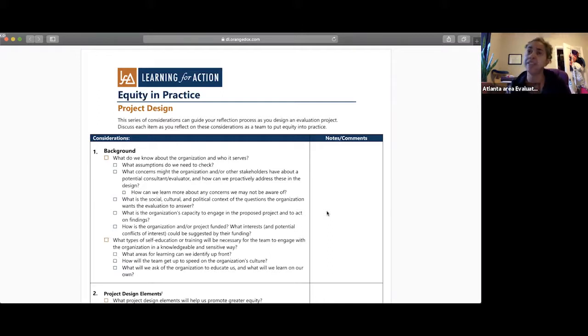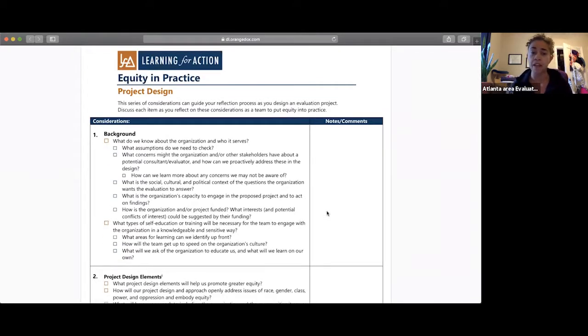The other really helpful point that they highlight is that we need to be thinking about inclusive practices and equity throughout an entire evaluation project, including the very beginning, when we're making really important decisions around the learning questions, the evaluation questions, the work that we put in on the front end to do the background reading and research, and making these really early decisions about the projects that we work on.